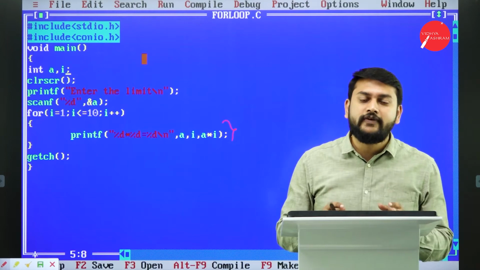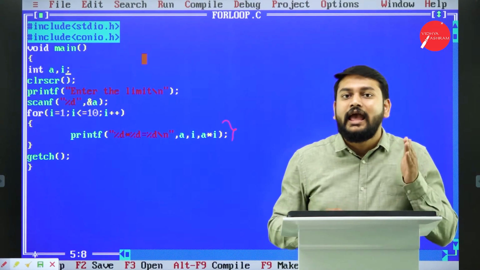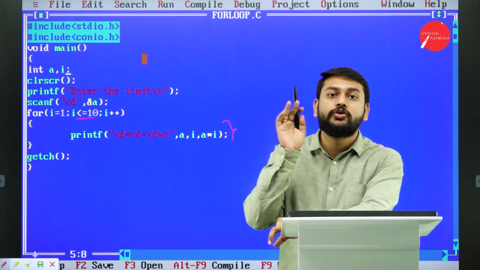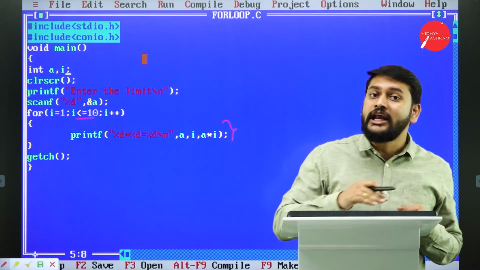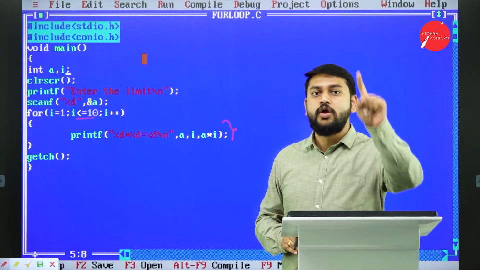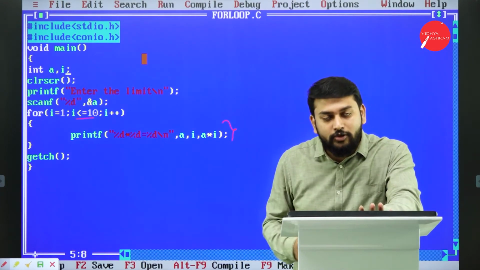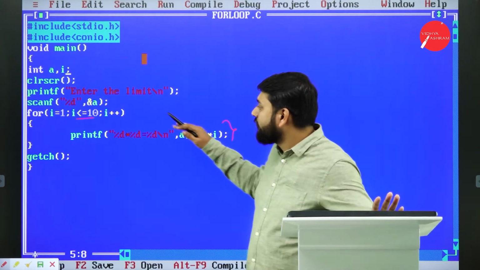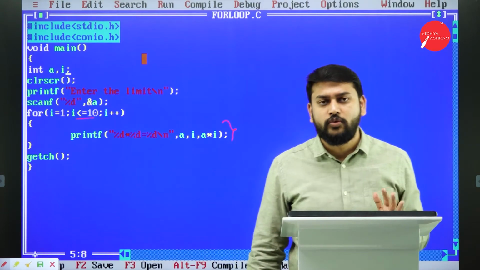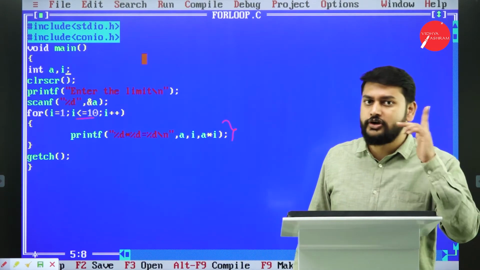From i value 1, it will execute till it becomes 10, less than or equal to 10. I value is incremented 1 at a time. So how many times will whatever I have inside this loop be executed? 10 times it will execute. That's what you need to remember in your mind.